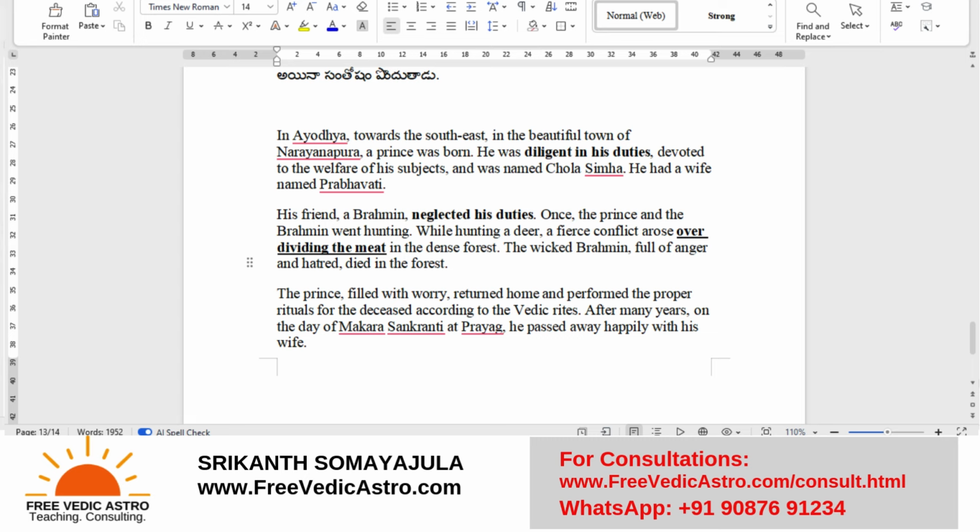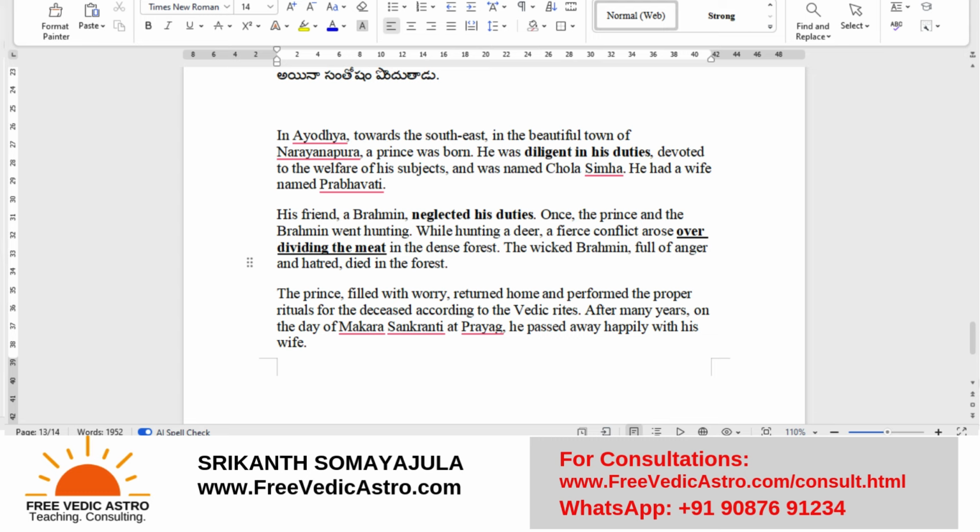So you can see here, if you try to connect it, the 10th house is the karma. Look at it from the Aries standpoint: the 10th house falls in Capricorn. Try to connect that from the Gemini, and you will see that it is in the 8th house. So the 10th house and 8th house connection is Vismarana of karma. That means not doing what is to be done. He has something and he's not doing what has to be done. Like a doctor, after becoming a doctor, he has to practice as a doctor, but the person leaves that and does something else.